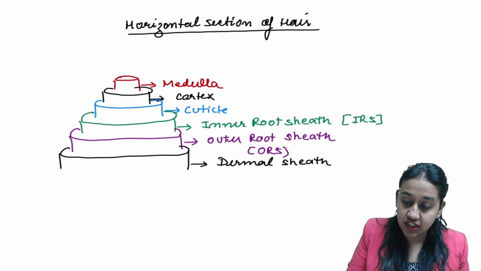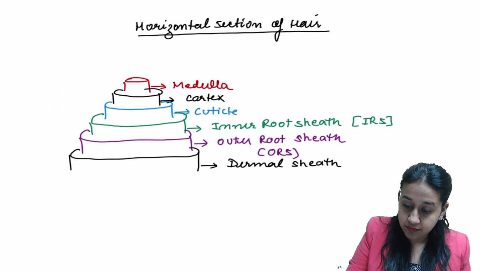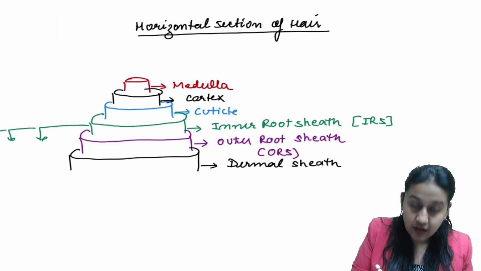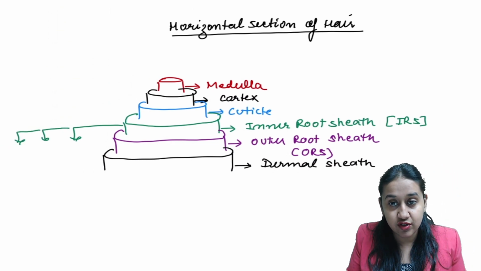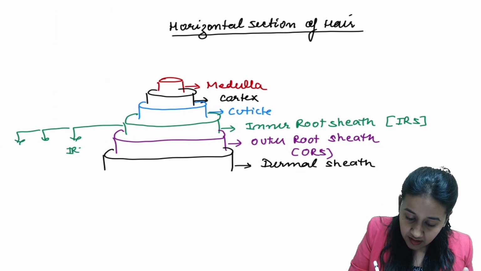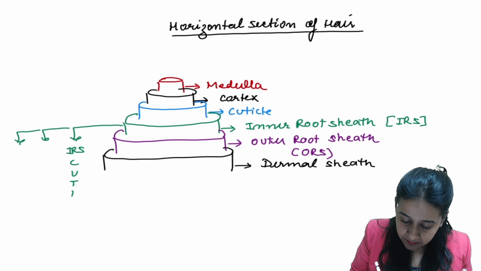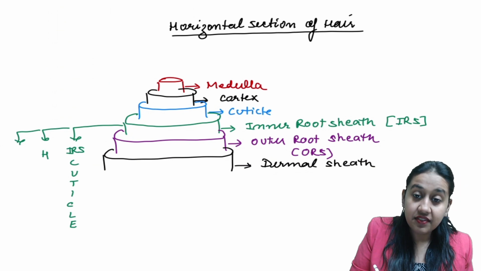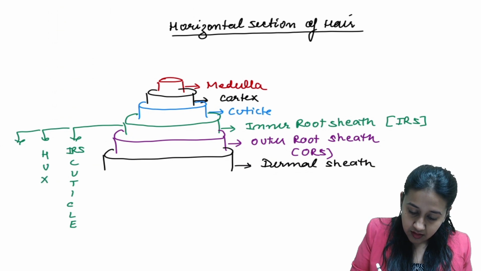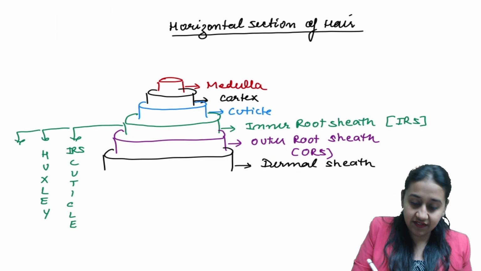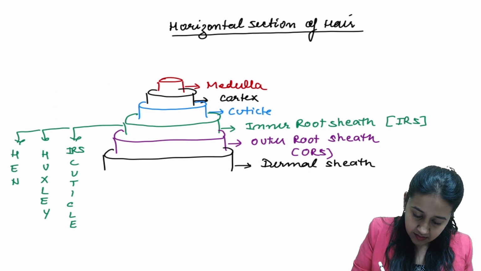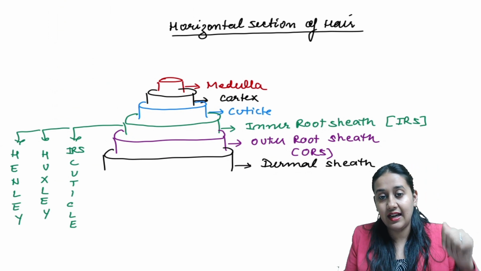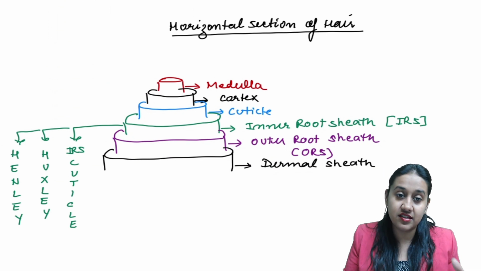In few cases, the inner root sheath is further divided into three layers. From inside to outside, we have three layers of the inner root sheath: inner root sheath cuticle, then we have Huxley layer, and then we have Henle layer. So inner root sheath cuticle, Huxley and Henle layer, these are the different layers which constitute the inner